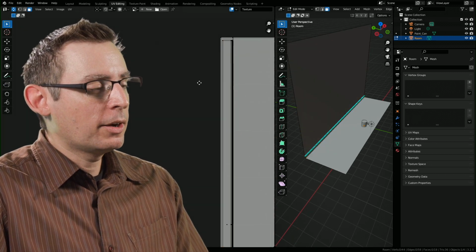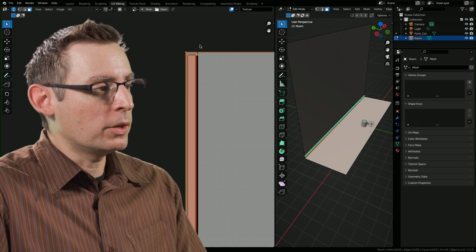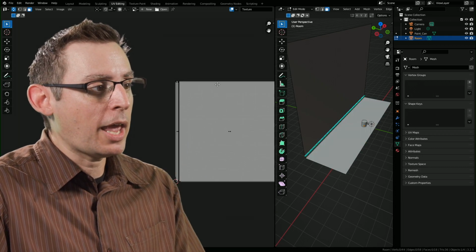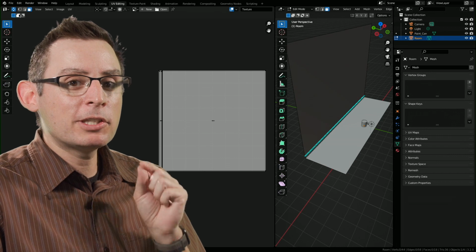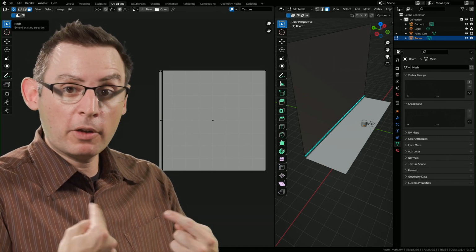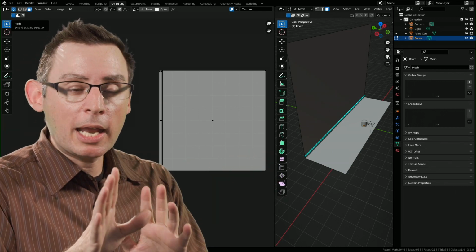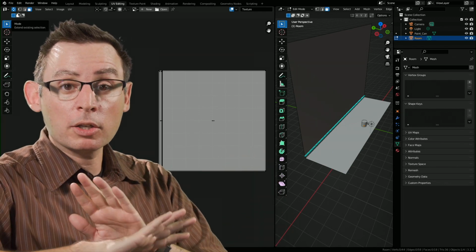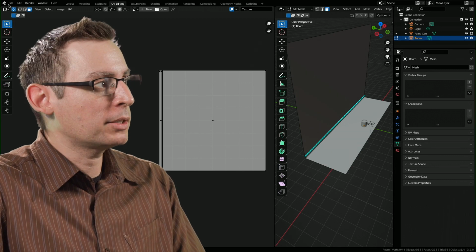Yeah, our UVs for our wall are in there too. They're not great, but now we're seeing everything. I usually have this sync selection on, and it's a workflow modifier for me personally, because I want to be able to go into edit mode and see all of my UVs across all of the components on that object.